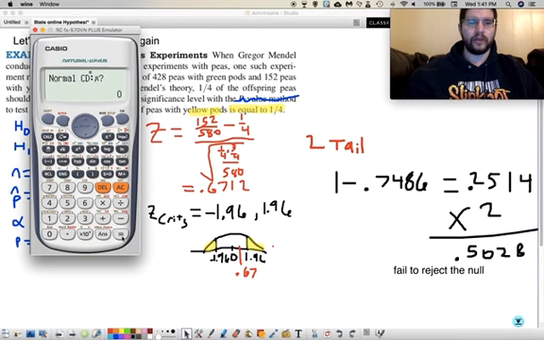Again, we don't want to change these. We're looking for the area underneath the standard normal distribution curve. So we get 0.25, and so on. So what I'm going to do is go back to mode 1, take my answer, and double it. Because, again, it was a two-tailed test. 0.5029